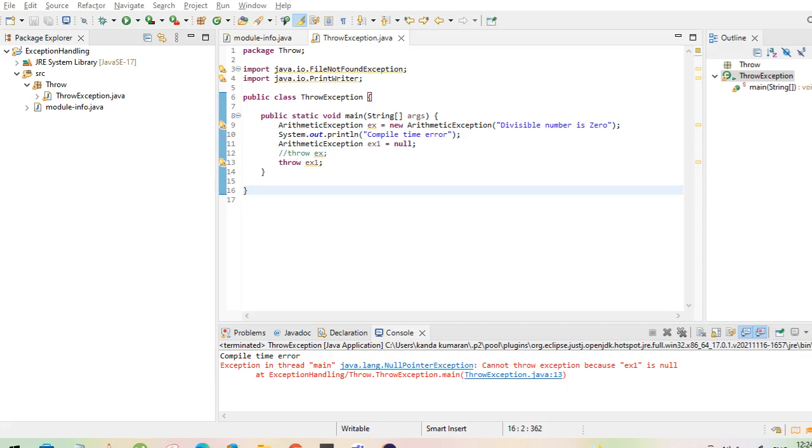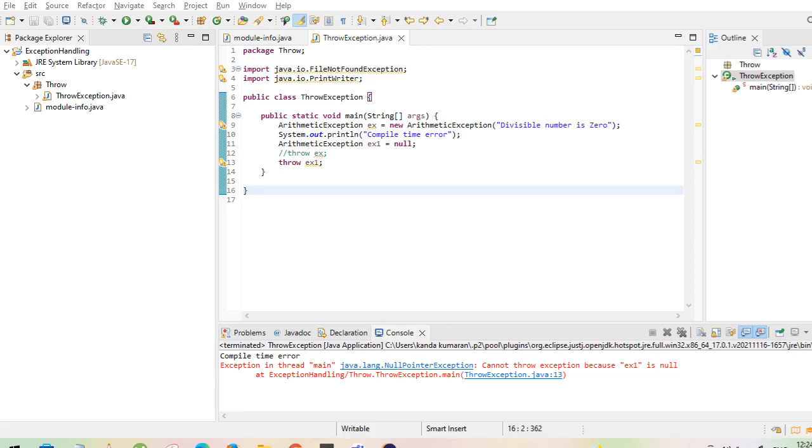By the end of this lecture, you'll get a clear picture of how and when to use this particular throws keyword to handle exceptions at compile time in Java. I'll also tell you certain rules to keep in mind while developing code with the help of the throws keyword to handle the exception.